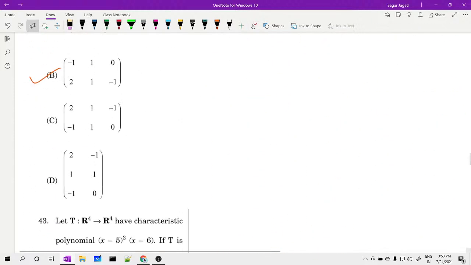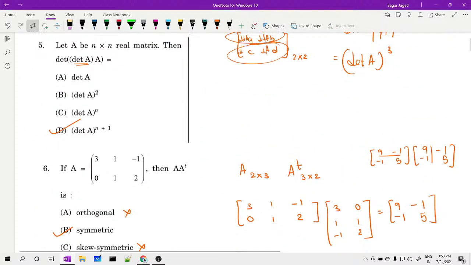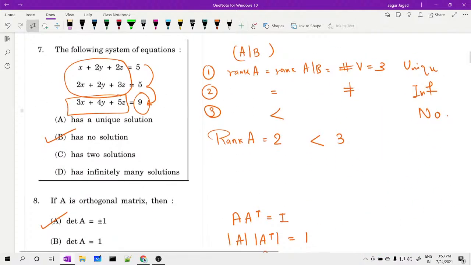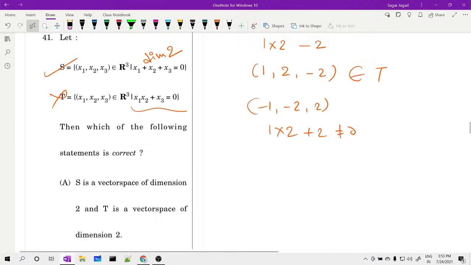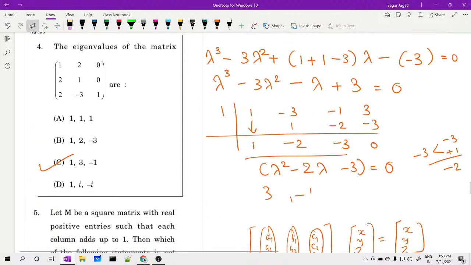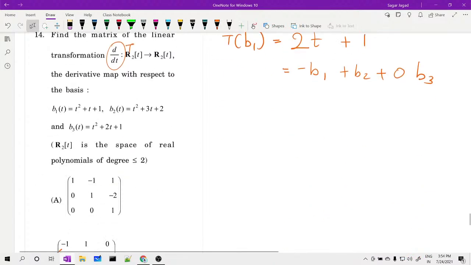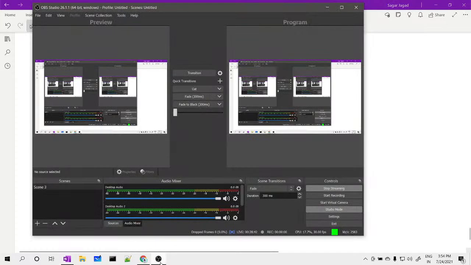Okay, so let's just count it, and I'll write down how many questions we solved. 1, 2, 3, 4, 5, 6, 7, 8, 9, 10, 11, 12, 13, 14, 15, 16. 16 questions were there. Okay, so I had great fun solving these questions. Thank you so much, guys, for